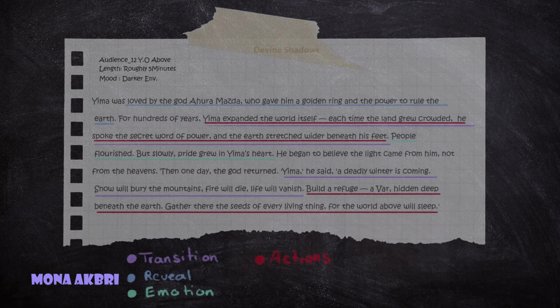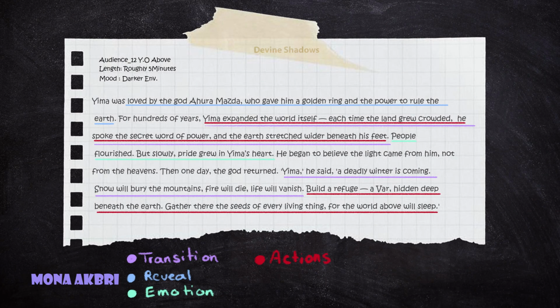Now we get back to our text. We know how to find the key sentences this time. Transition, reveal, emotion, and action are the points we have to take into account. I will read this and you can do it with me. You can read this as well and at the same time tell which point that is and which sentences are